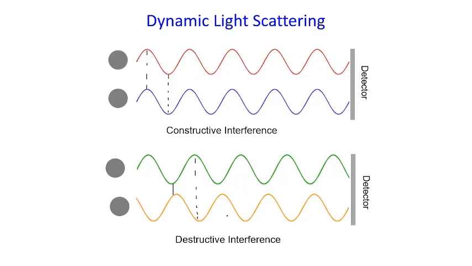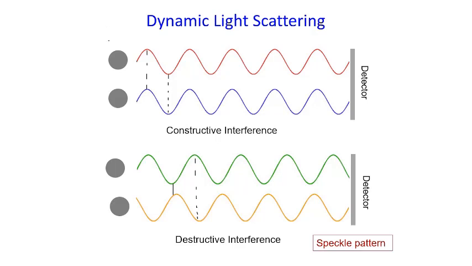And this kind of pattern is known as a speckle pattern. Now, if these particles are static, then the intensity of this speckle pattern will also be static or constant, right? The intensity will not be a function of time, or it is going to remain constant because